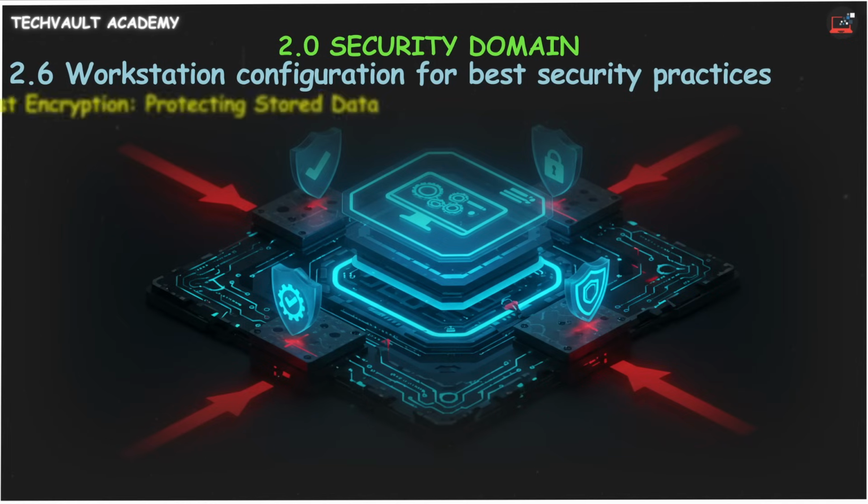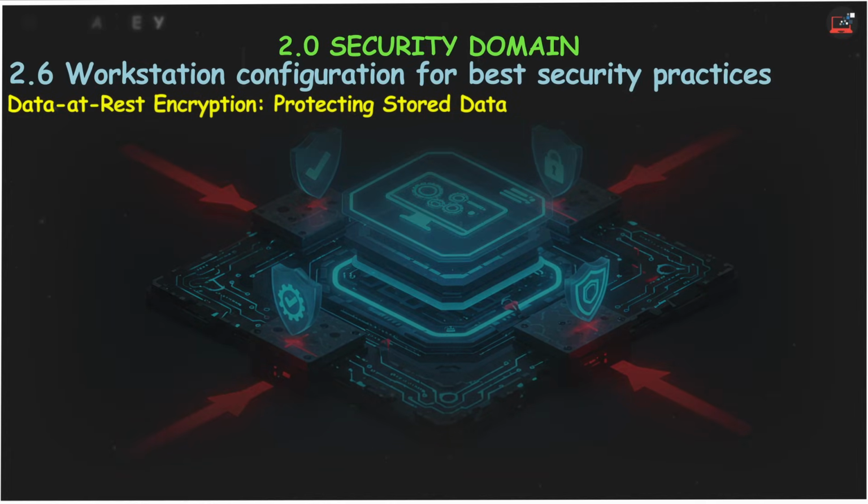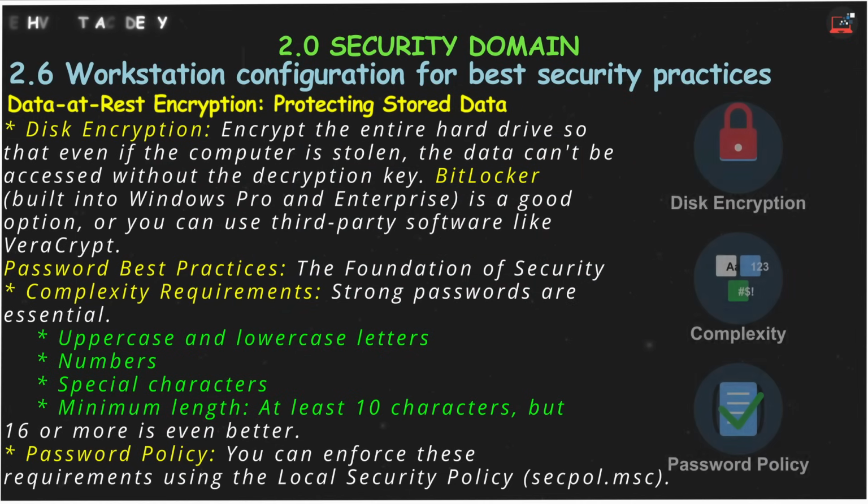Data at rest encryption, protecting stored data. Disk encryption: encrypt the entire hard drive so that even if the computer is stolen, the data can't be accessed without the decryption key. BitLocker, built into Windows Pro and Enterprise, is a good option, or you can use third-party software